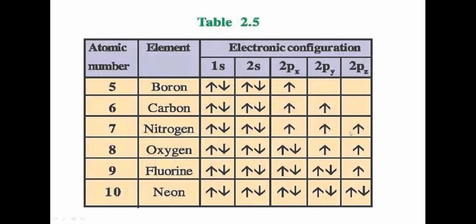All the degenerate orbitals of the subshell are now singly filled. Now we will start pairing. We come back to 2px, one electron in the anticlockwise direction, then the next, and then we go to neon. Neon has 10 electrons, in which 1s is completely filled, 2s is completely filled, and 2px, 2py, and 2pz are all completely filled.